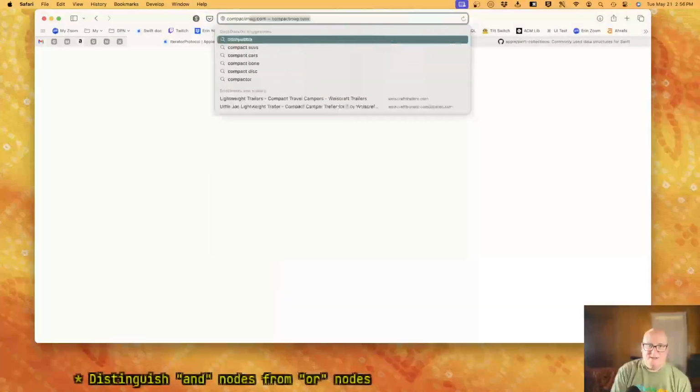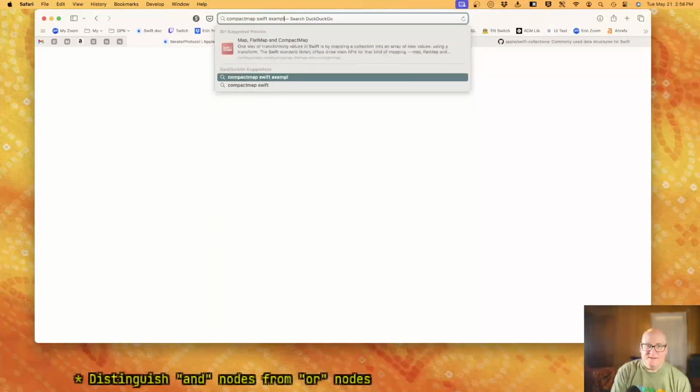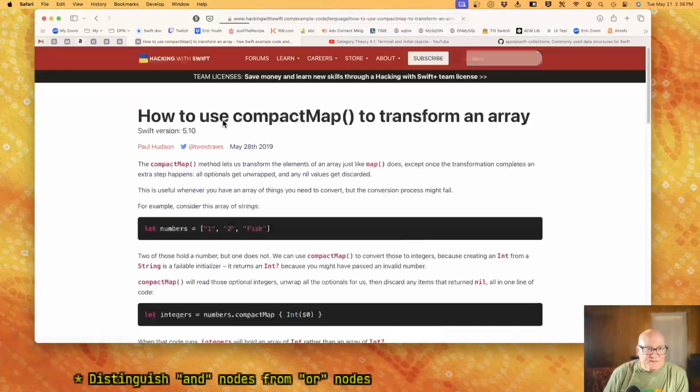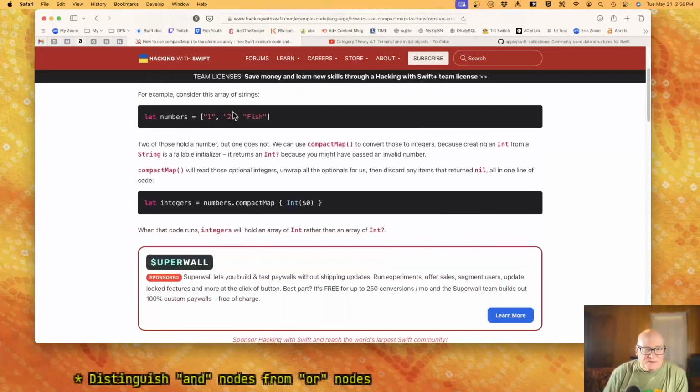Straighten my head. I've read this article before. Okay, you go 1, 2, 3. You map it to int of whatever, and throw away anything that failed.